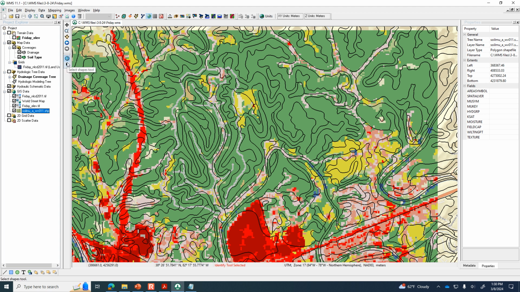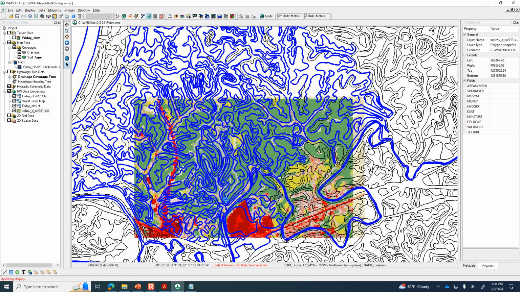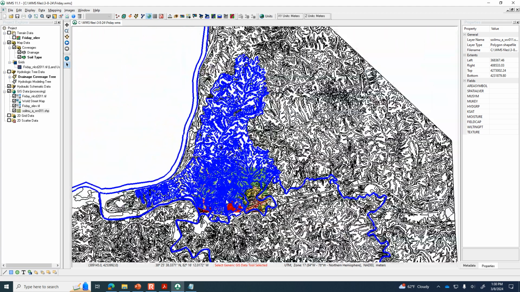Use this select shapes tool, which is underneath the identify tool. Select shapes and then click at the top left and drag down. So I'm creating a box that's going to encompass all of the polygons that are in or near my watershed boundary. So if I zoom out, any polygon that's connected to my watershed is included, but then there are